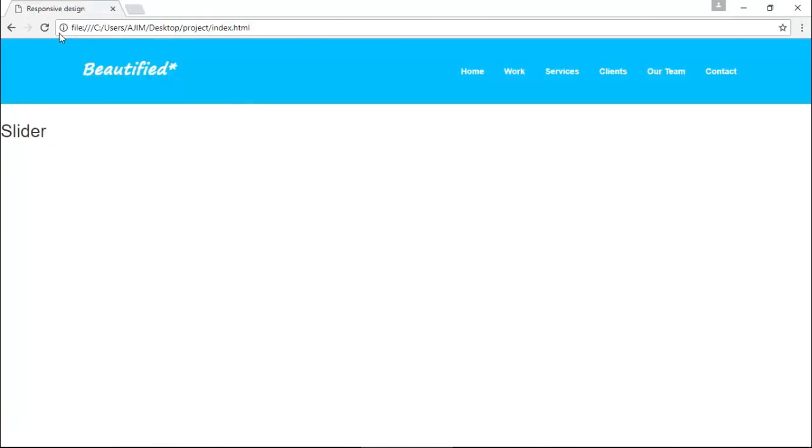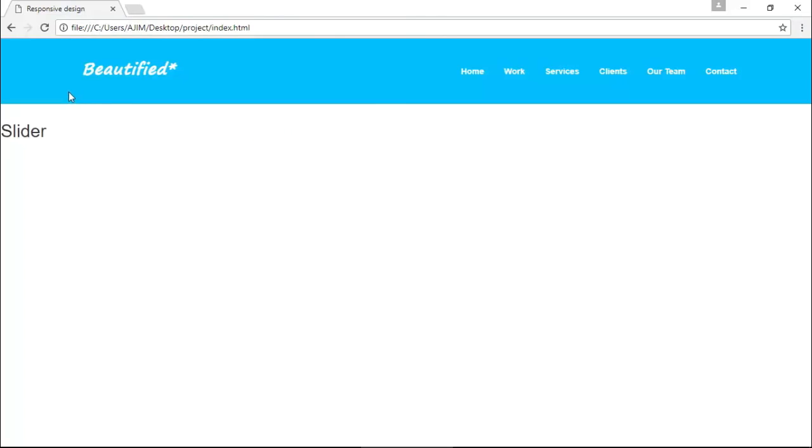Wow. I'm just refreshing it and you can see, just wait a while, it will slide. Yep, you can see it is sliding beautifully. So friends, in this lecture we discussed how to put some custom JavaScript or the jQuery file to start working.